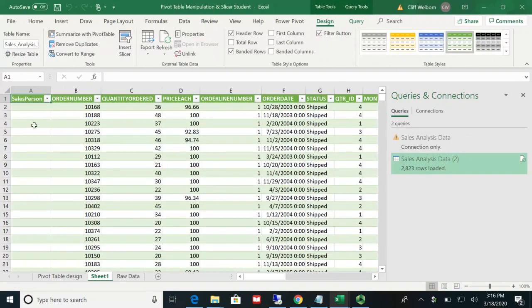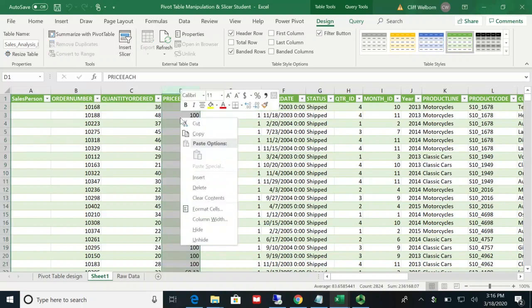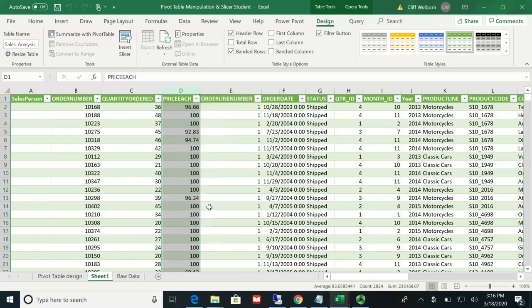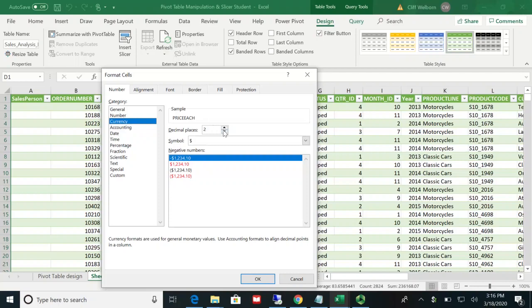It looks just like what we thought. Salesperson is blank, but then we've got an order number and an order quantity. Just so we understand, an order number is like a purchase order number or sales order number. An order quantity is the number of pieces that was ordered, and then the price each, which we've seen before. Let's go ahead and maybe format this, and we'll make it look like currency,